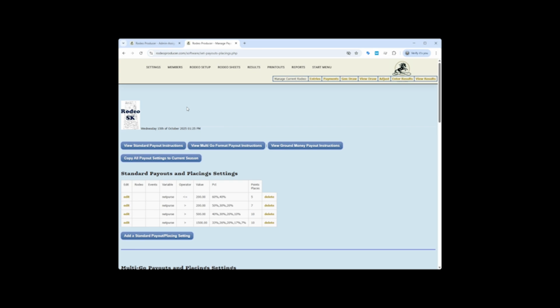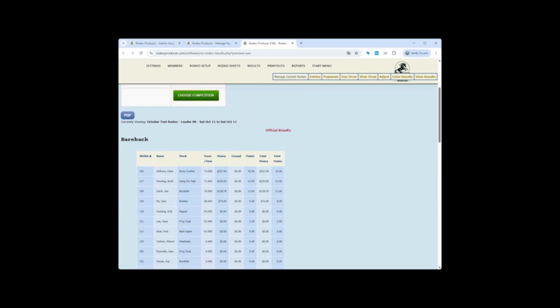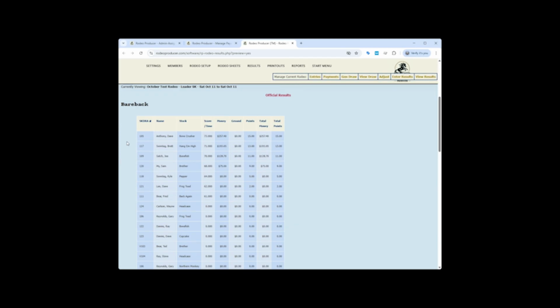So once you've entered the results, you can go and look at the results on the admin side by doing a preview. And here for each event, we can see those results. We can see members, we can see scores, we can see money, points, totals, etc. If this was a multi-go event, we would simply have more columns showing some more of the scores, money, and